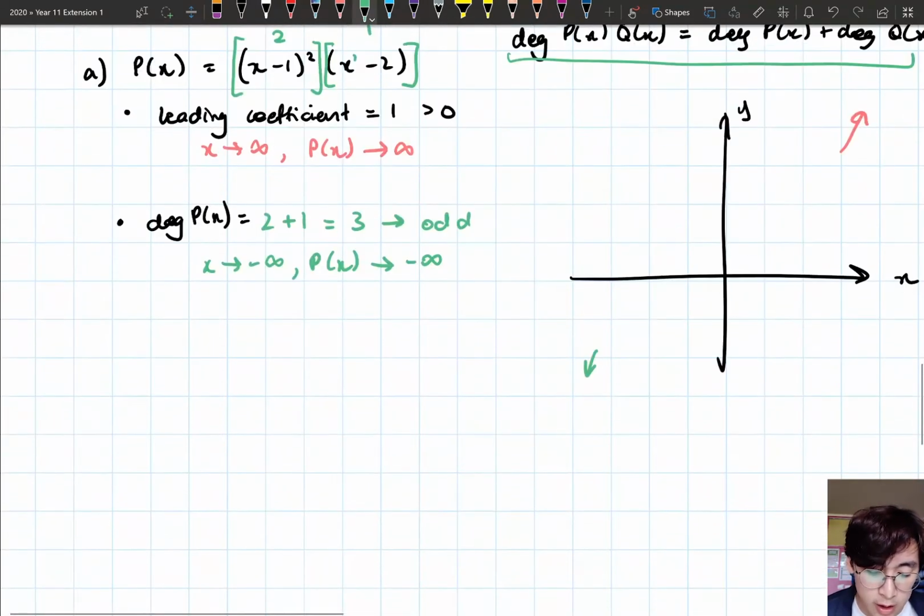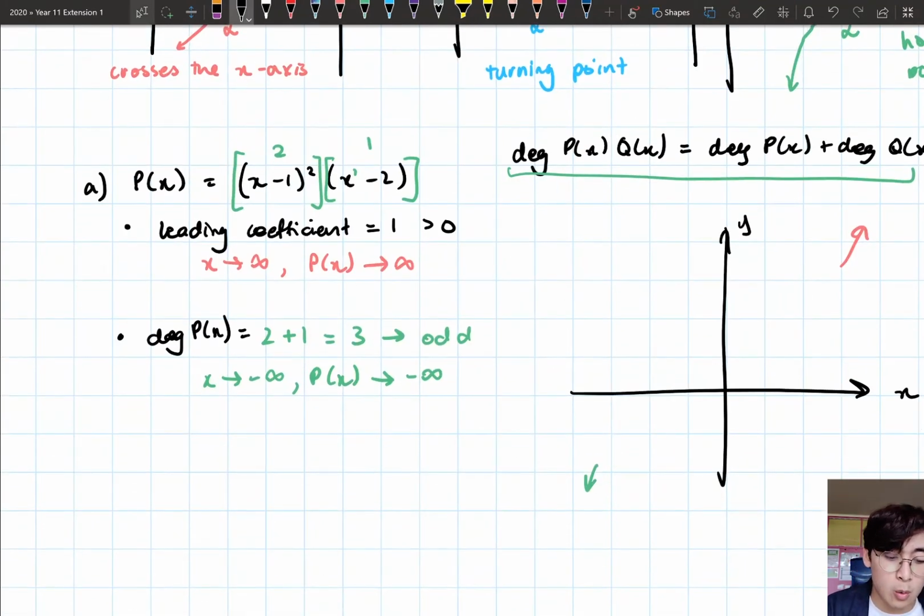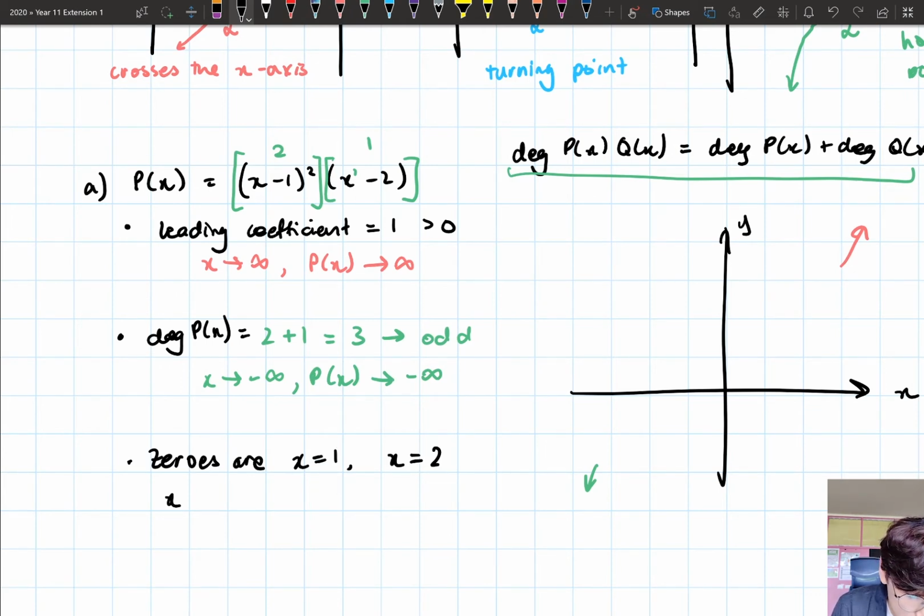that multiplicity. So where are my zeros for this polynomial? Well, when we were reading off zeros for our quadratics, we just solved each of the factors separately. So my zeros are x is equal to 1 and x is equal to 2. Now when x is equal to 1, what's the multiplicity here? So x is equal to 1 was this first bracket here. Well, this has multiplicity